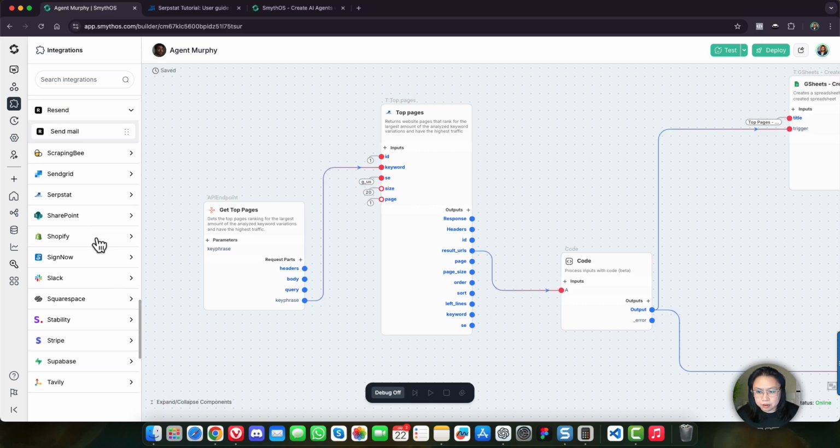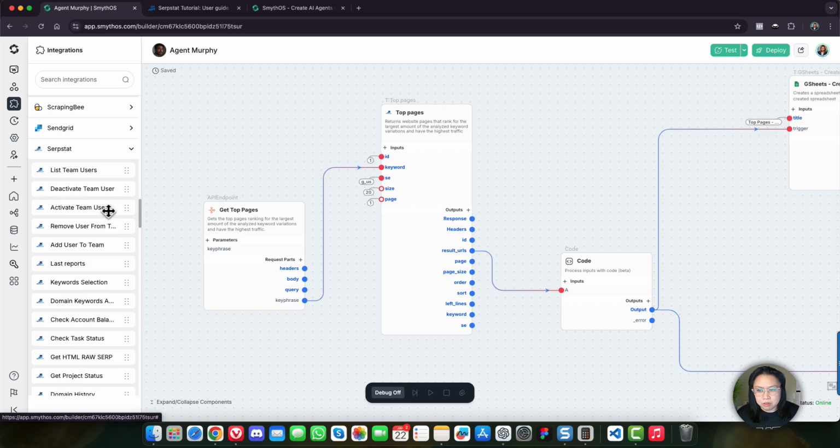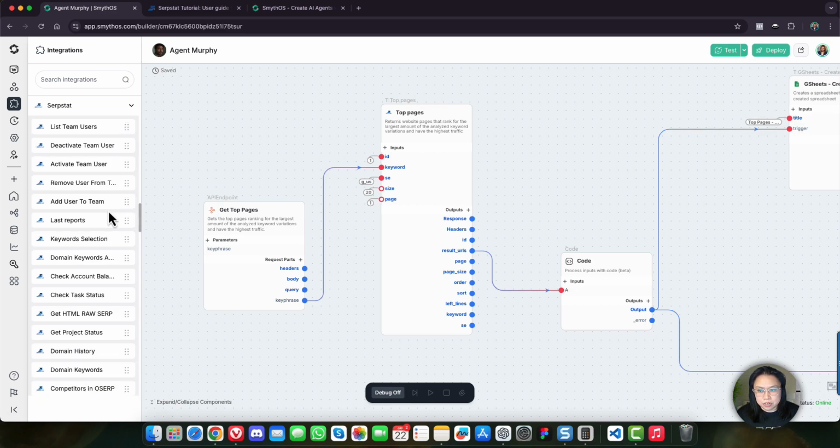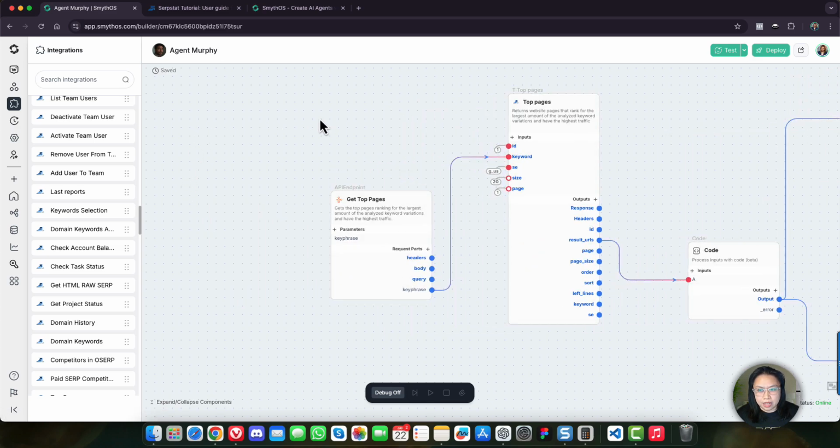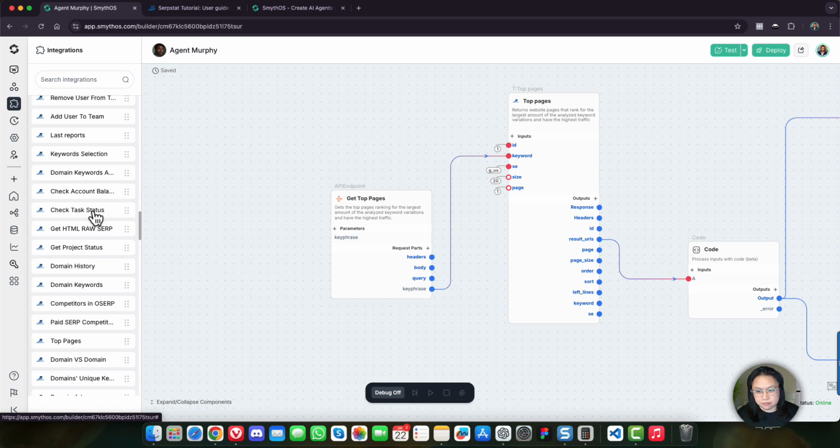So it's in here. If you click the drop down arrow here, you'll see all sorts of integrations of how you can connect your AI agent workflow or how you can call the SerpStat server and request data or any information that SerpStat provides.